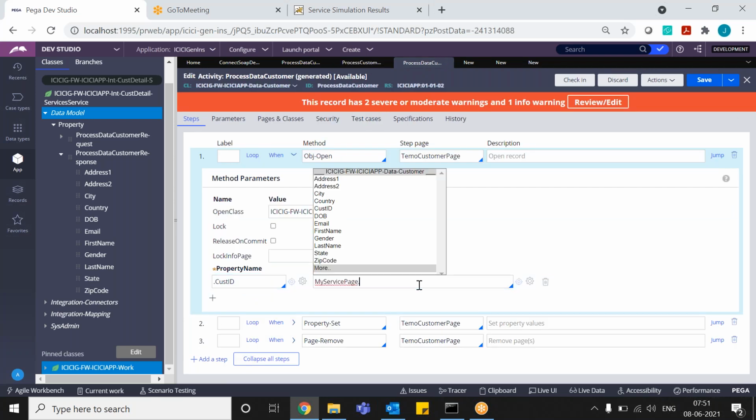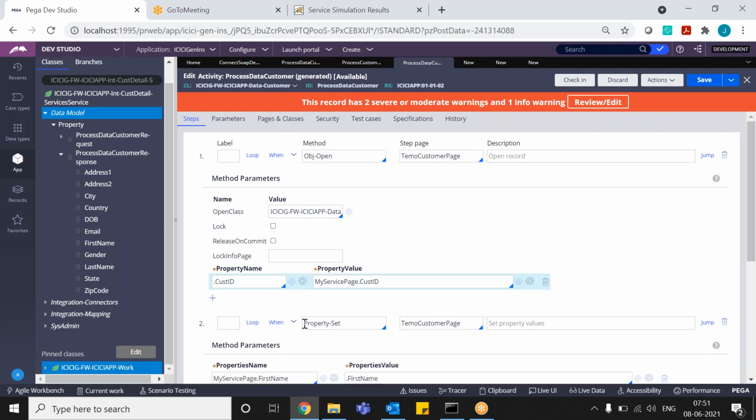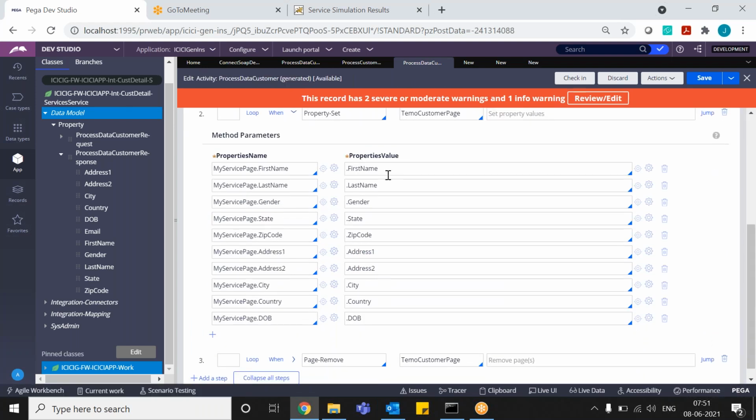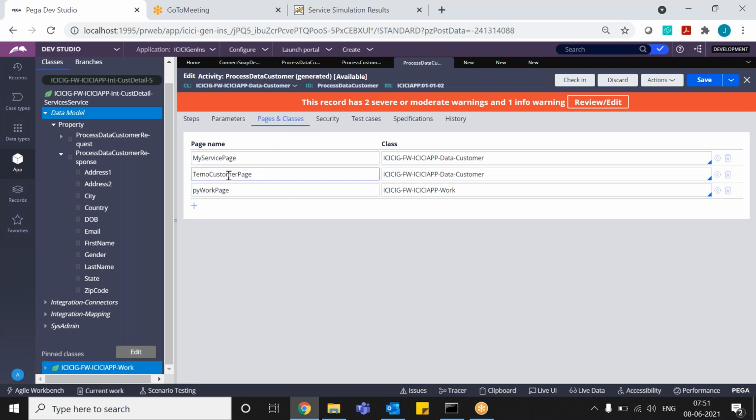Okay, so dot First ID. Okay, so this temp customer TMO is there, is that correct? Yes, sir. Here also I gave TM1.